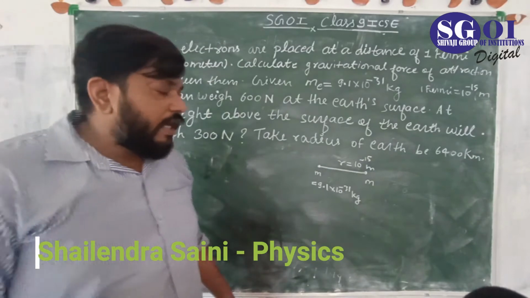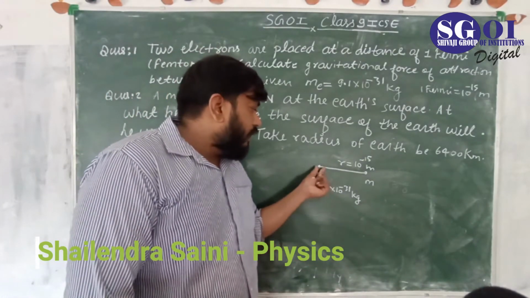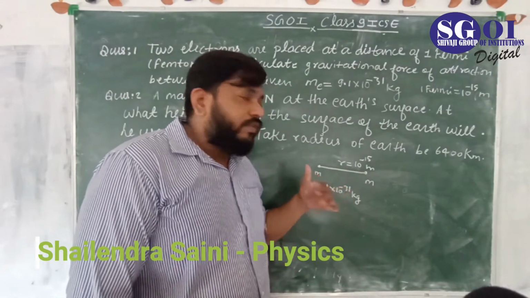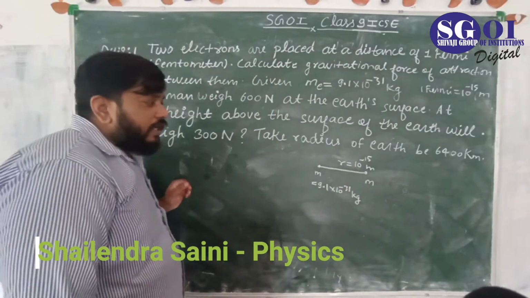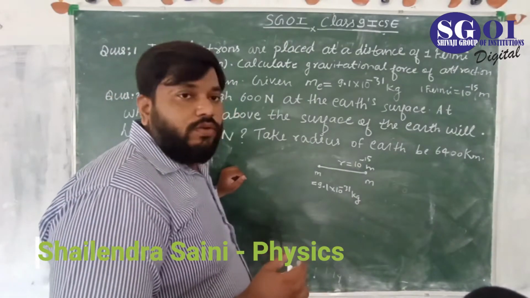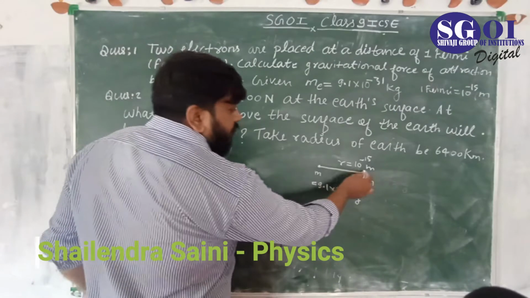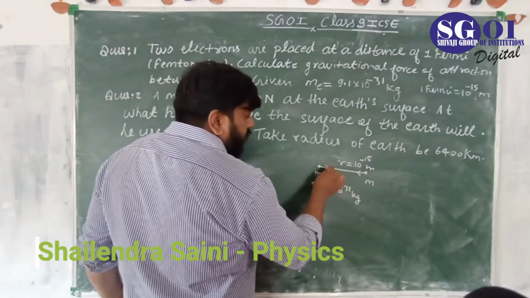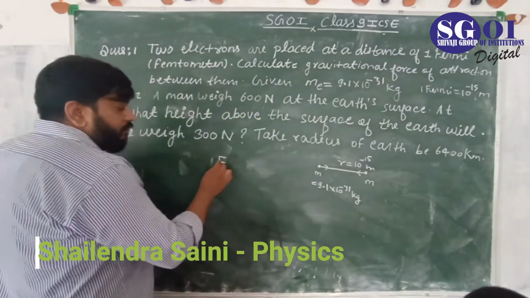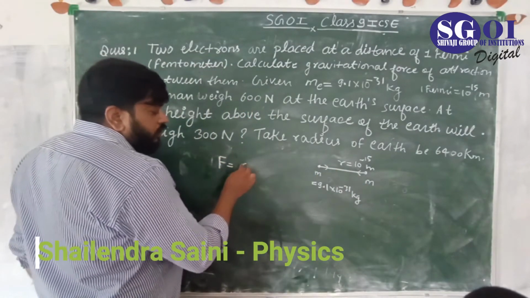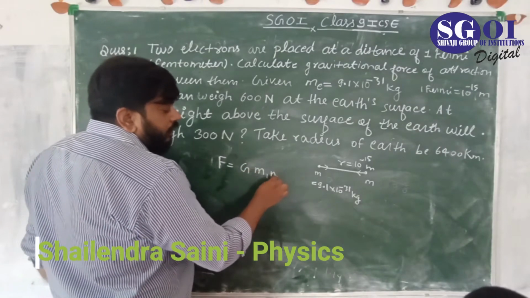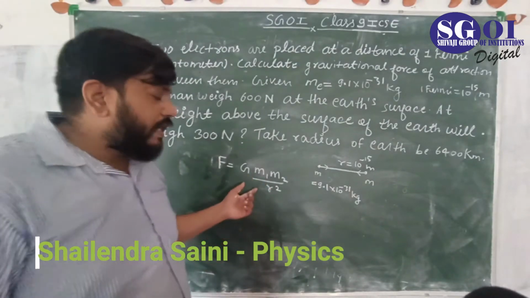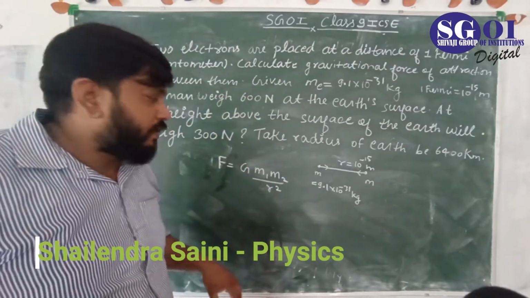And we know that according to Newton's law of gravitation, each object which has mass attracts each other object which also has mass. So each mass particle attracts the other, okay? The force of attraction between them means this attracts this and this also attracts this. And the magnitude of this force F is equal to capital G m1 m2 upon r square. This is the formula which we have derived in the gravitation chapter.